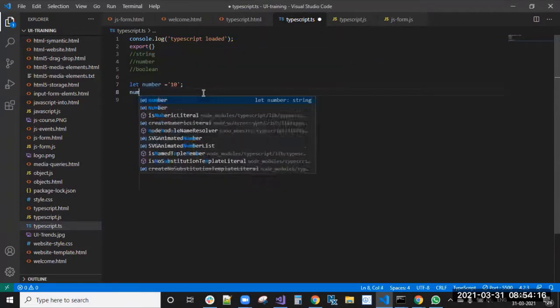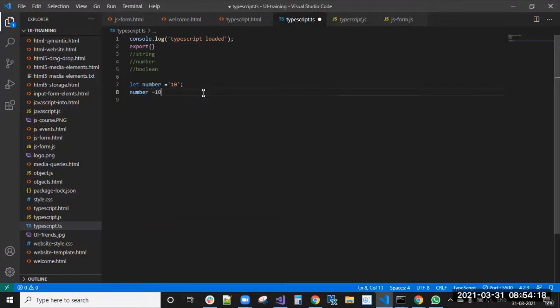So if you are trying to change that to number equal to 10, you want to assign a number value to that string, you will get an error here. See, red color you are getting, right? Type number is not assignable to type string. Okay, so like this you will get errors. If you compile this file also, you will get the same error.